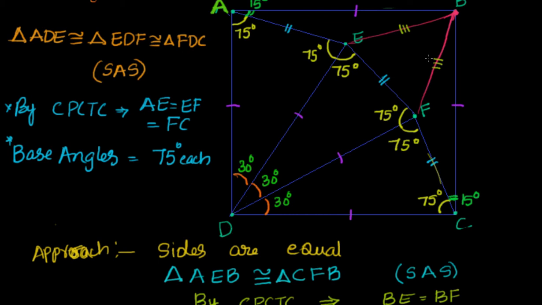Now we have to prove that BEF is an equilateral triangle. We have reached a stage where we can say triangle BEF is an isosceles triangle. Now the only thing is I have to prove that somehow BE is also equal to EF. That means EF, BE, BF, all of them are equal. As of now BE is equal to BF. Somehow we have to prove that either EF is equal to these two or BE is equal to this. We have to make it from isosceles to equilateral triangle.